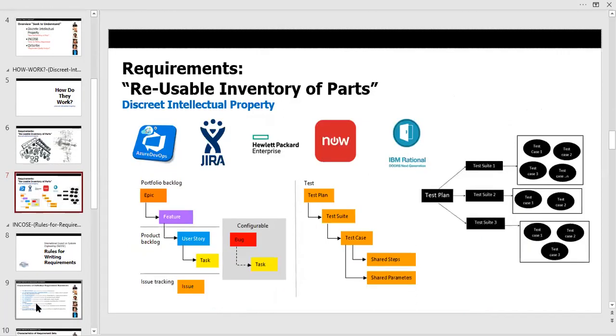These parts are stored in repositories, and probably the most common repositories out there today are Azure DevOps, which used to be Team Foundation Server, Jira, which is very popular, HP Enterprise, ServiceNow, and IBM Rational. These are some of the bigger ones. There are a lot of solutions that are repositories for requirements, and what they really are is inventories of parts. That's how I want you to think of them as an analyst. I don't want you to just think of them as sentences, but as unique, standalone, singular parts